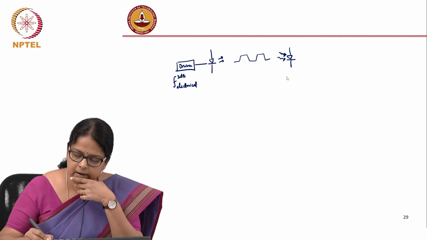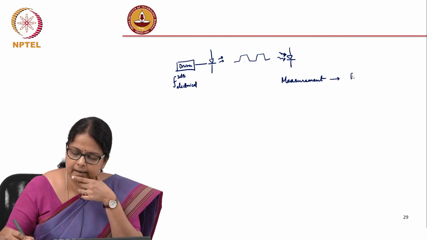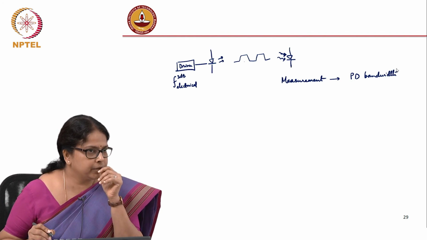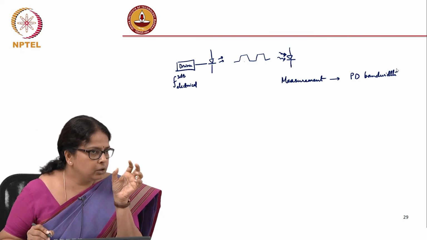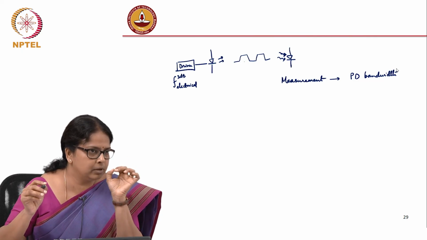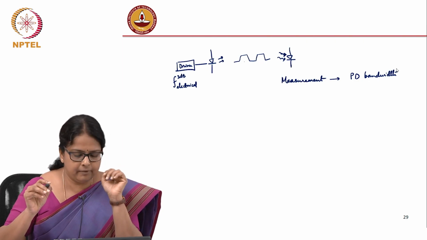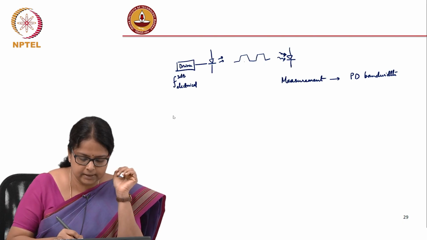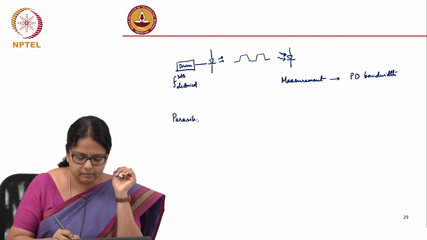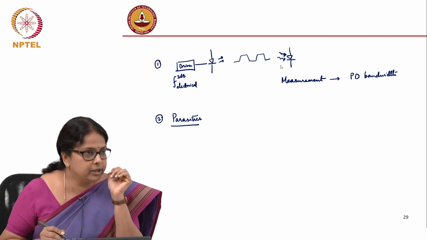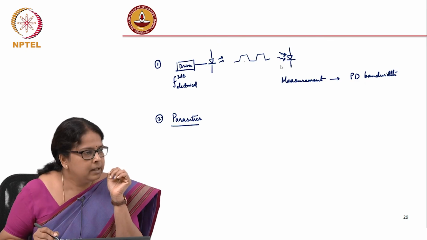So, in a measurement, what also comes into play is the PD bandwidth, which we will talk about when we talk about photodiodes. So, in a whole measurement system, we have to also worry about the photodiode bandwidth. Now, what we have also not considered here is parasitics. This is one idea you need to consider when you are trying to measure the LED bandwidth. The other